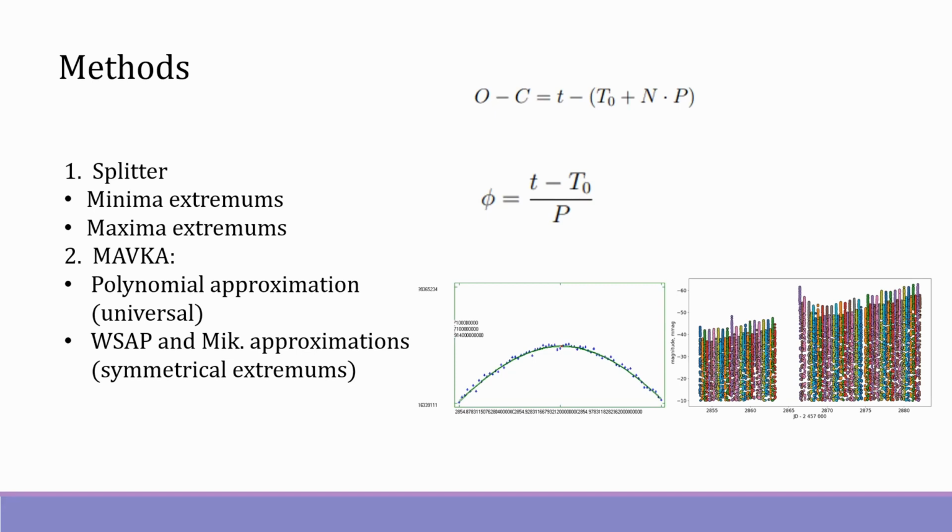O-C, the observed minus computed curve, is a method to study the period changes in the variability of a star by measuring the difference between the observed moment of extrema and the calculated moment of extrema, assuming a constant period. The resultant shape of the O-C curve could tell us about the absence or presence of periodic changes in a stellar system, which could indicate an elliptical orbit, a pulsating component, a reflection effect, or even a third body in the system.